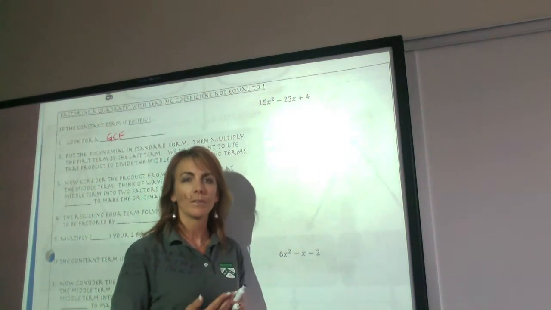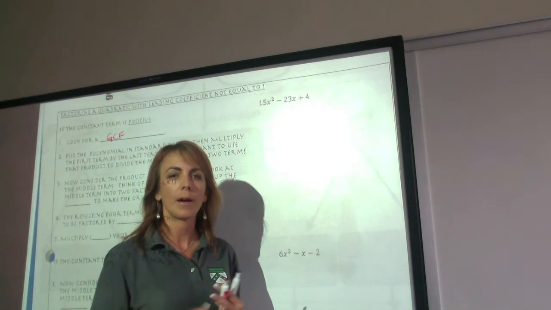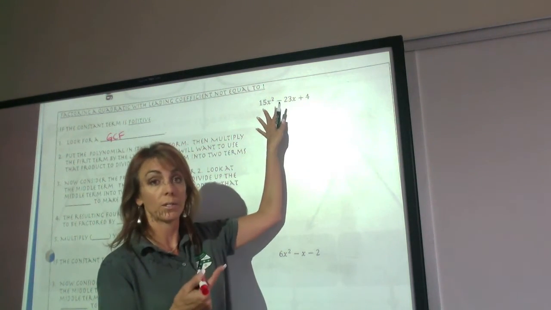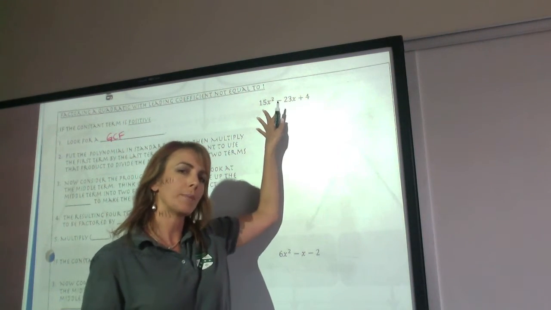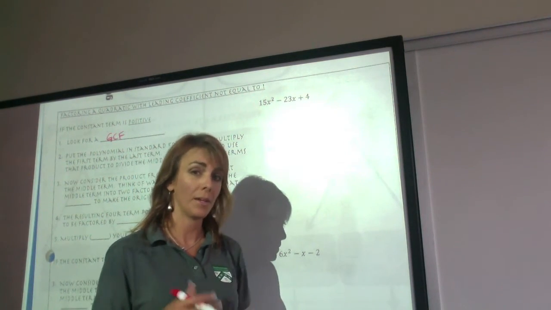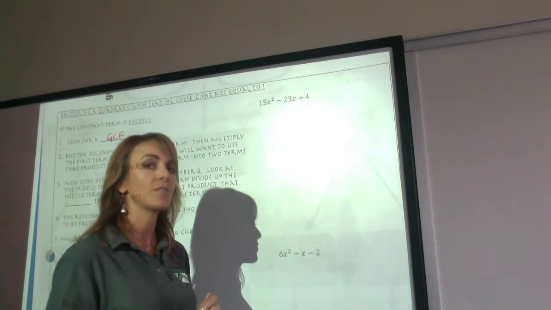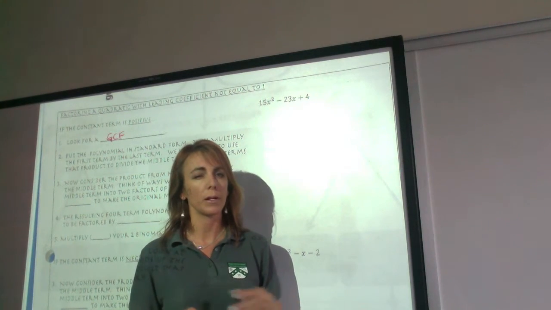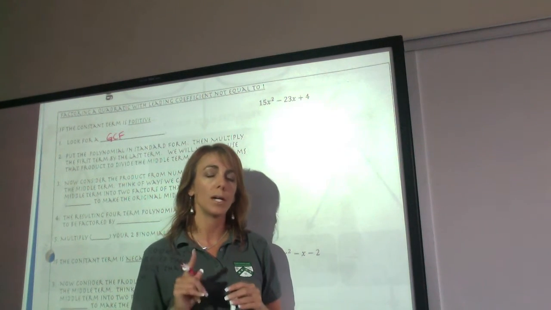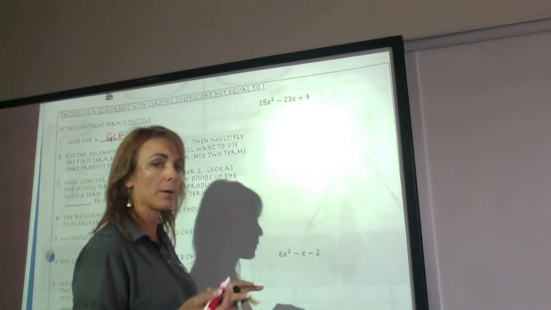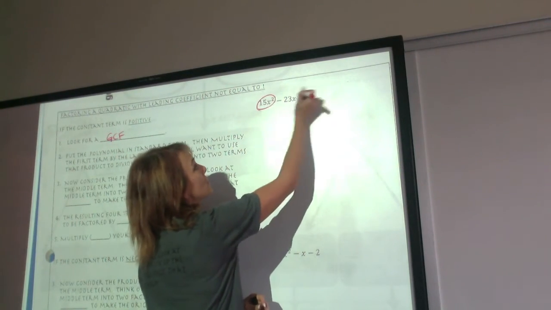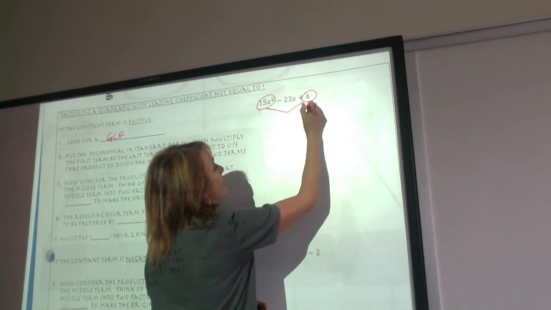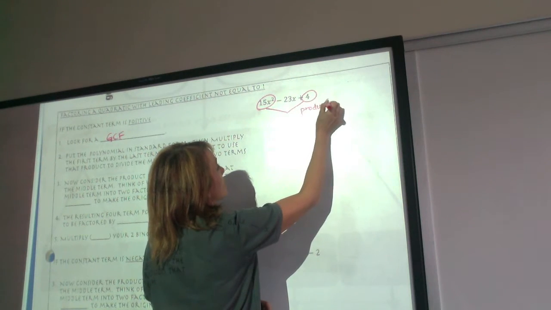Okay, so how do we do this? We're trying to factor a quadratic expression that has a leading coefficient in front of that x squared term that's not 1. It makes it a little bit trickier. But with this method, you can pretty easily do this factoring. It really just does what we did before, the technique we did before with a leading coefficient of 1, and adds one other step to it. Okay, so here we go. Take your first term and your last term and bring them together as a product. So multiply the first and last term. That should give you